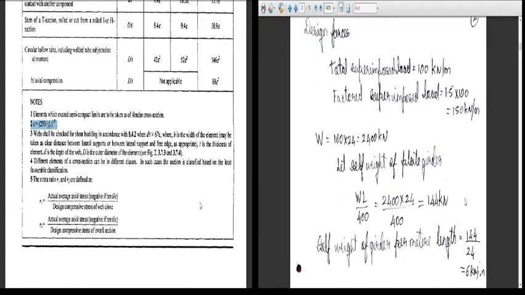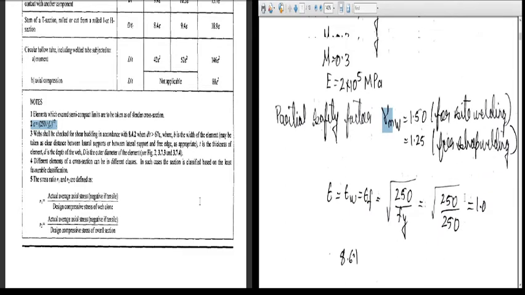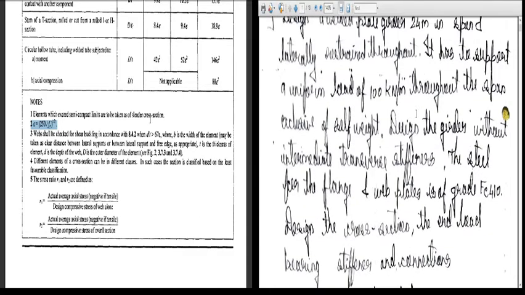Now next, let us see the design process. If you see in the question, they have said that a uniform load of 100 kN per meter is acting throughout the span of 24 meters excluding the self weight. So design forces is the second step. The total superimposed load is 100 kN per meter. If I factor it, it will become 1.5 into 100, so 150 kN per meter. And the load, considering 100 into 24, is 2400 kilonewton.